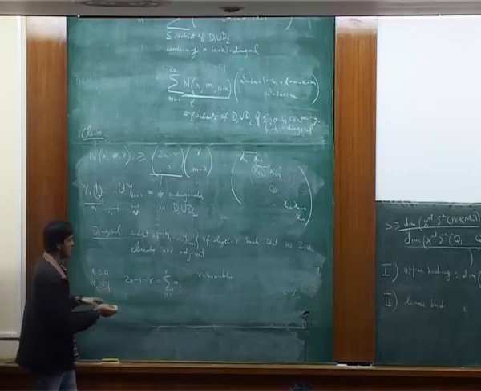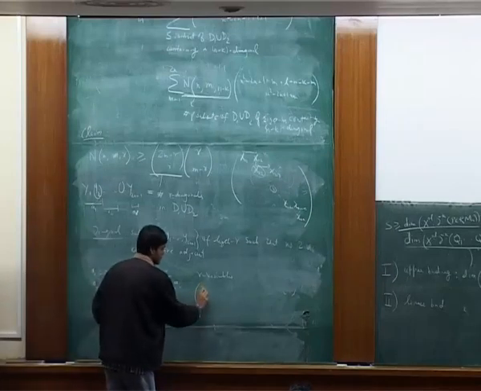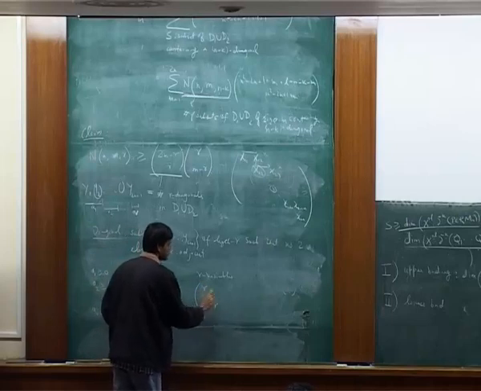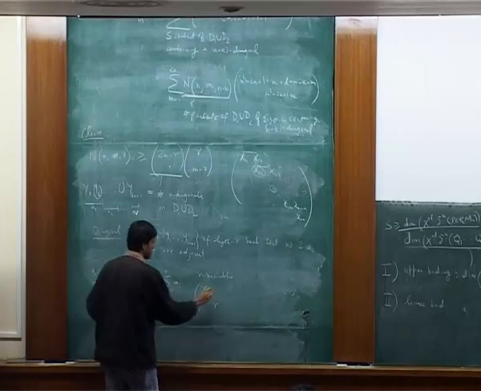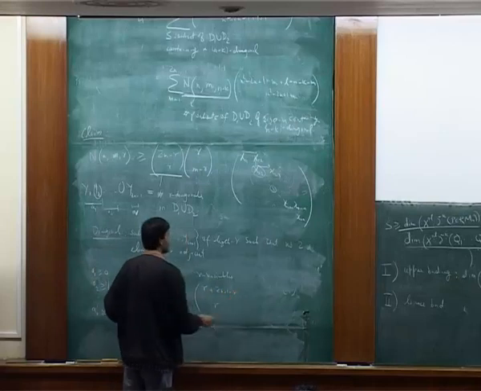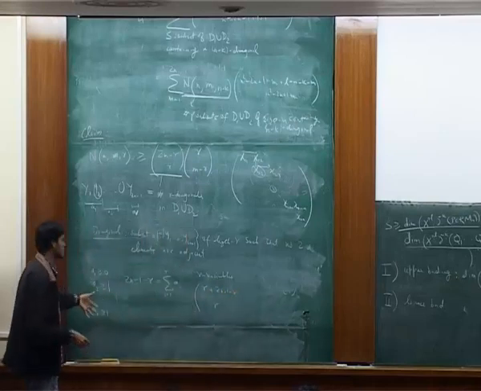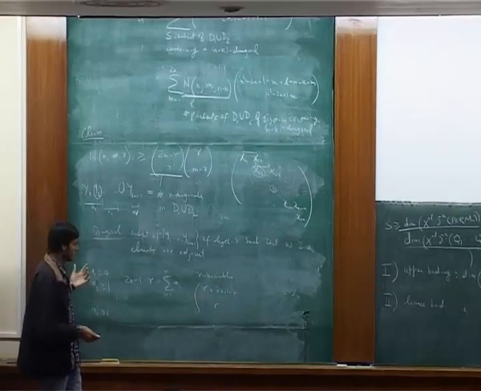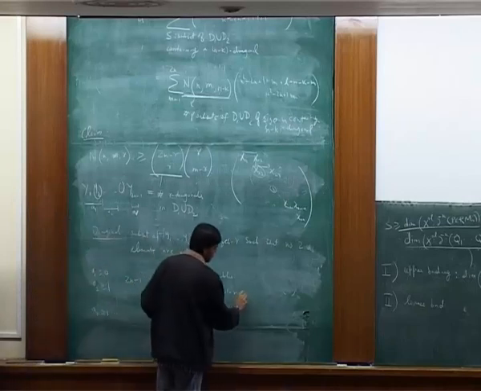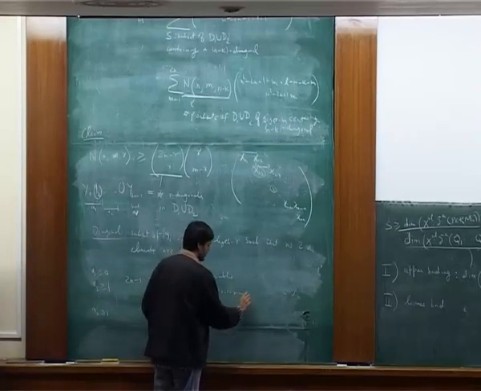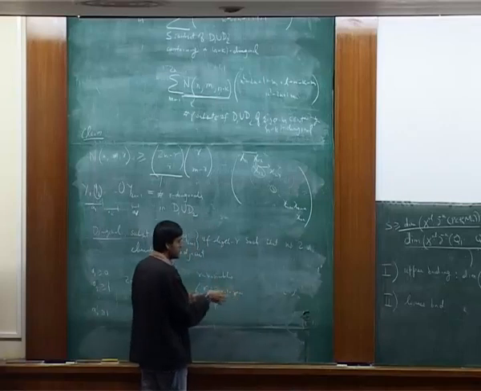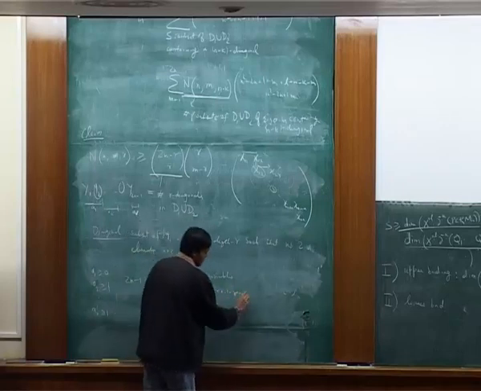Usually, if there was no condition, then you have 2n minus 1 minus r. But now you have to ensure that each of them has support at least one. So minus r, minus